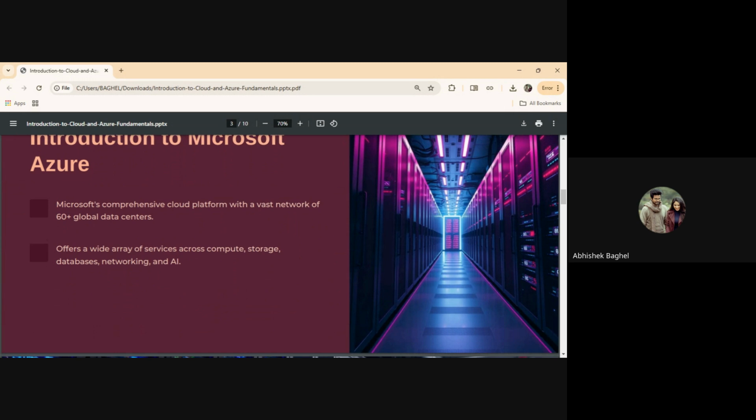Azure offers a wide array of services across computing, storage, database, and networking. And as I said, the task of the cloud is to deliver on-demand services. So Azure provides on-demand services like storage, database, networking, and AI. So can you tell me